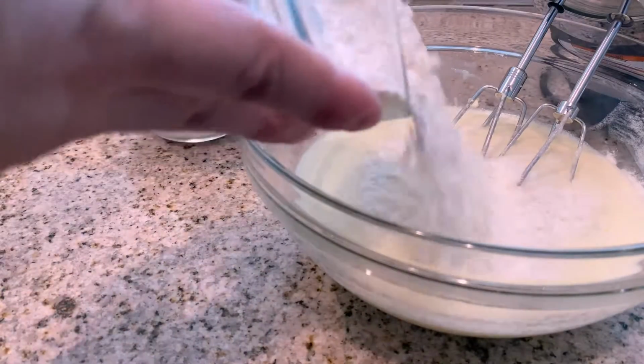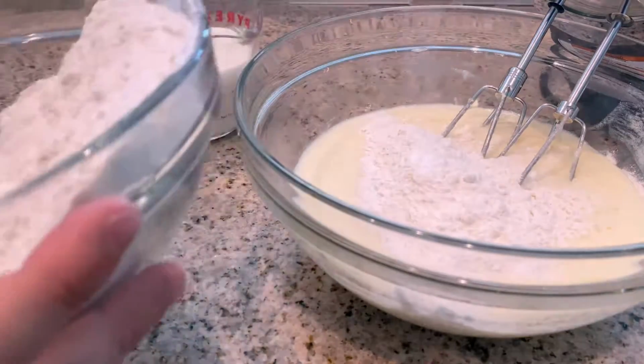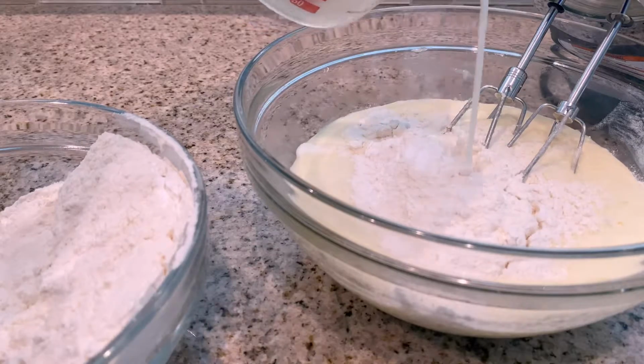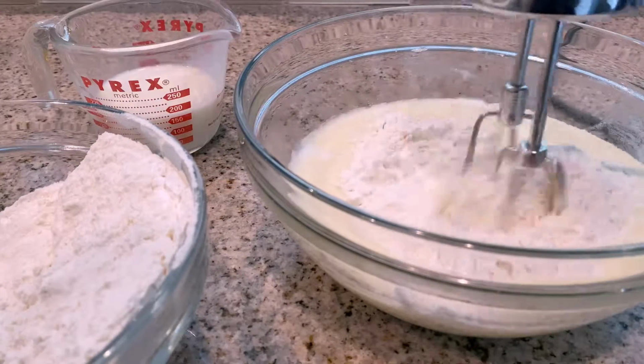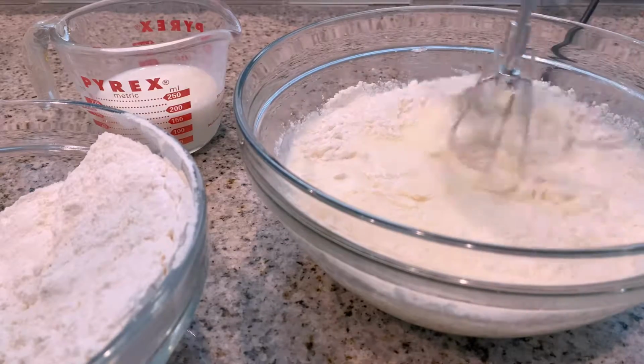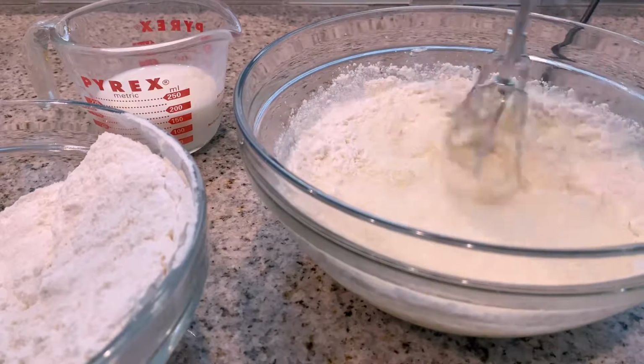So we have our dry ingredients whisked together, we have all of our wet ingredients mixed together. Now it's time to put them all together. So we're going to go ahead and starting and ending with the flour mixture, we're going to alternate adding the flour mixture and the milk into our wet mixture, while being sure to mix after each addition. And we're going to mix on a low speed with our hand mixer until we have a nice, smooth, creamy